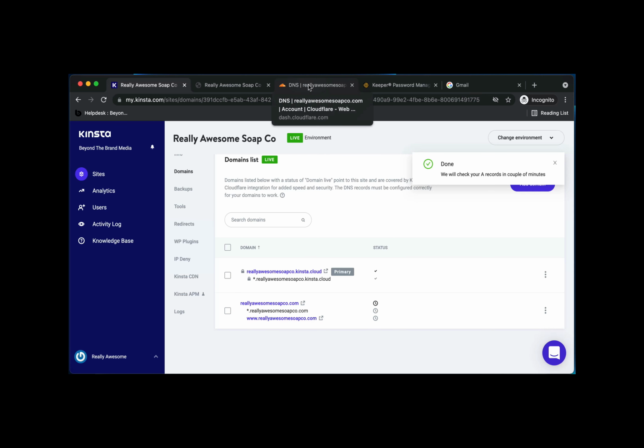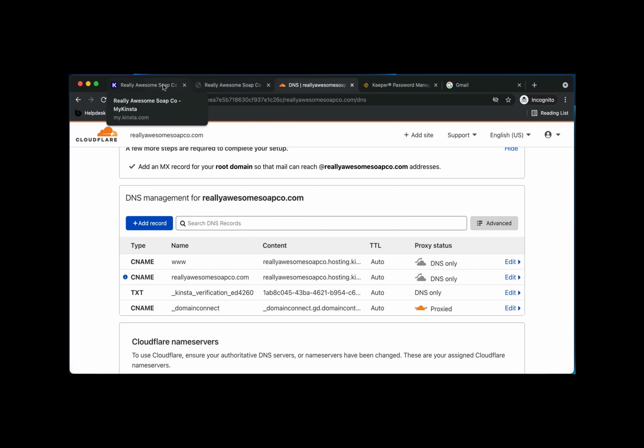CloudFlare is pretty fast. If you stayed on GoDaddy and you were changing those records, sometimes it can take 20 minutes, an hour, 2 hours. It's really kind of spontaneous as to how long that can take. But for now, we'll give this a little bit of time and make sure that it actually verifies. And in the interim, we can actually go through